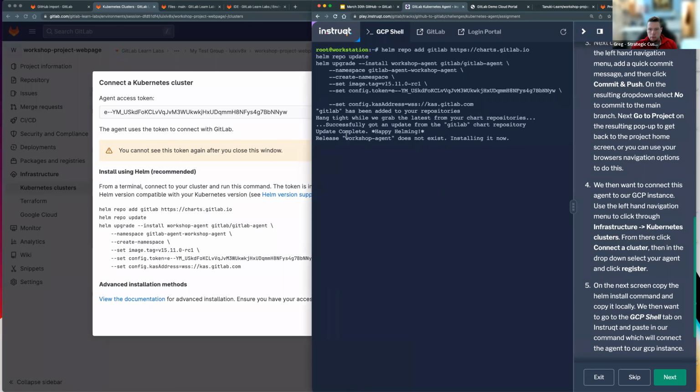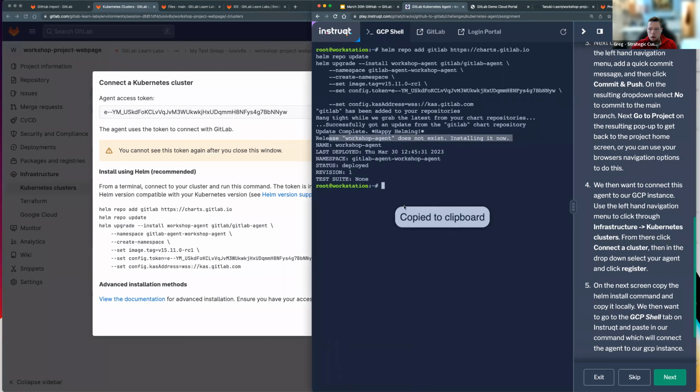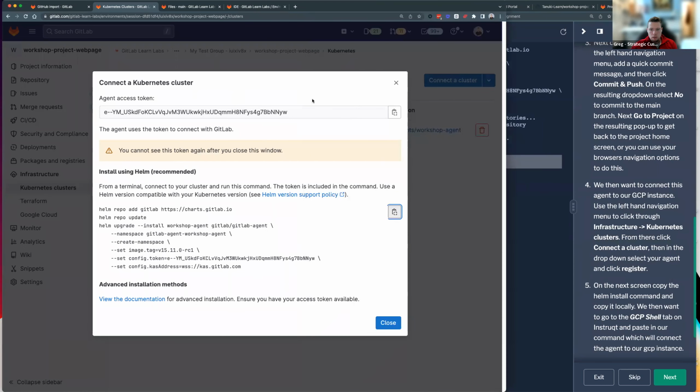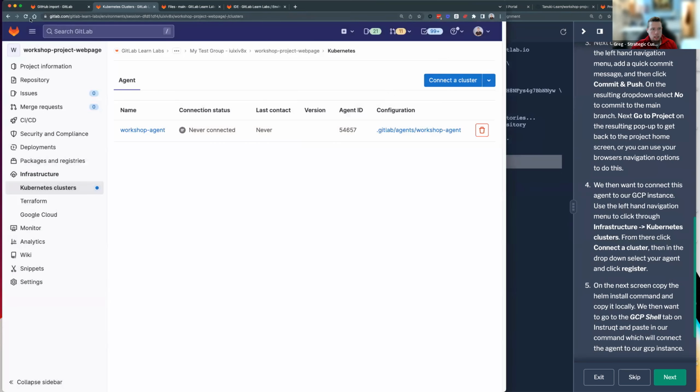Awesome. Update complete. Happy helming. Workshop agent does not exist, so it's installing it now. Awesome. So now status is deployed. So I can see that it is working. So at this point, I can close that. I can refresh the page just to confirm that everything has